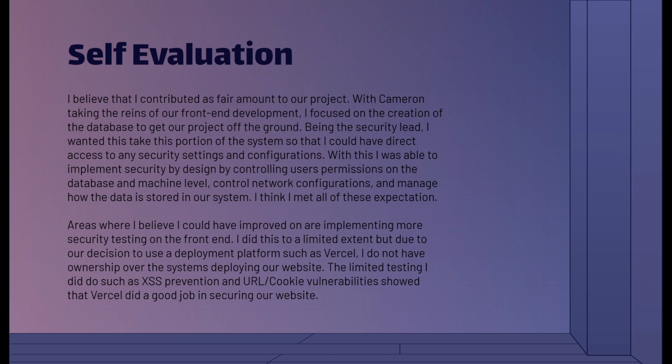Like I had said, I wanted to take on this portion of our system since I was the security lead. I could have a lot of control over everything as far as users go and user permissions on the database level and the machine level. So I could kind of set all of this up and have security by design. And with this, I could also control everything that was around the database as far as network configurations go. On that side of my responsibilities, I'm happy with how everything did, and I think I did a fair job